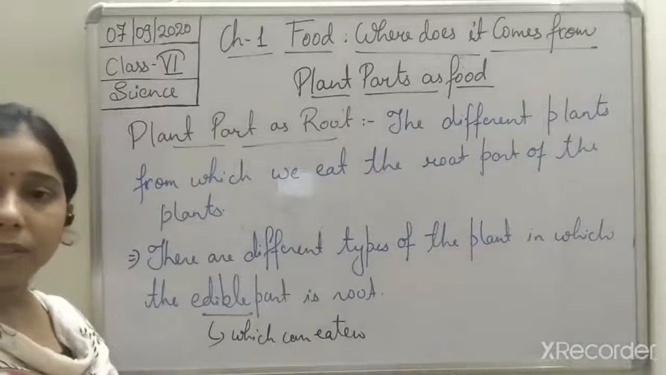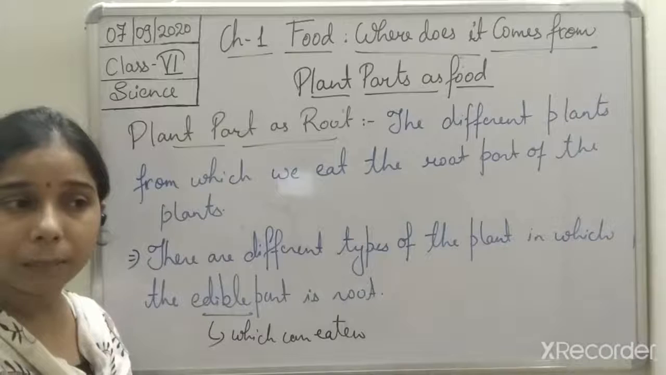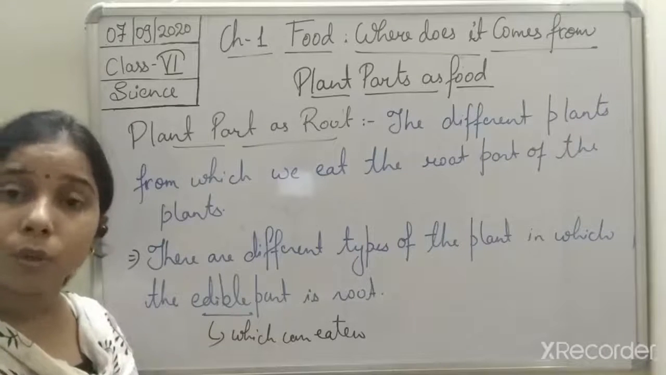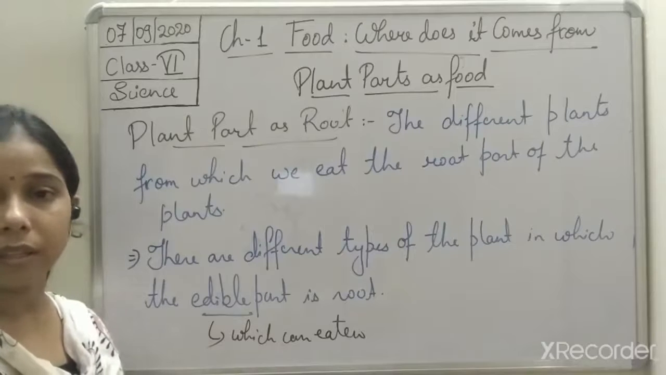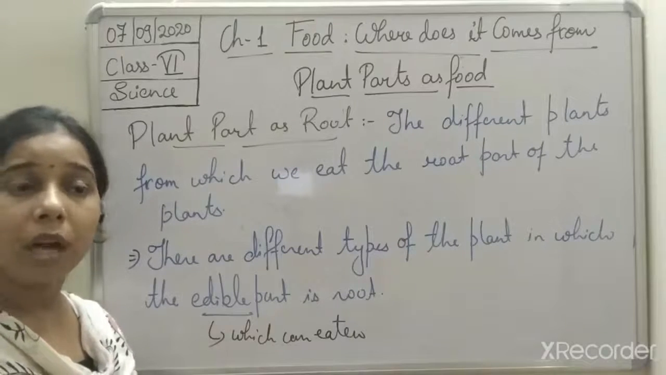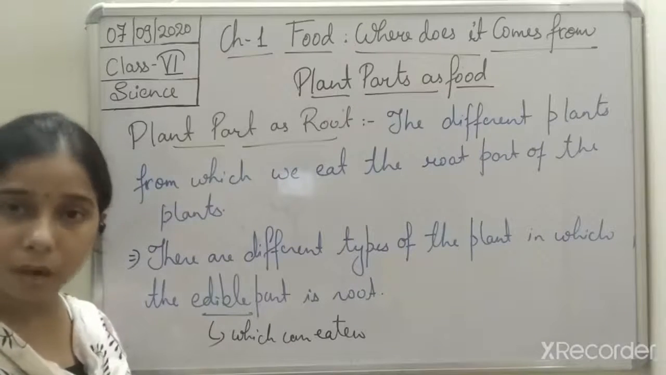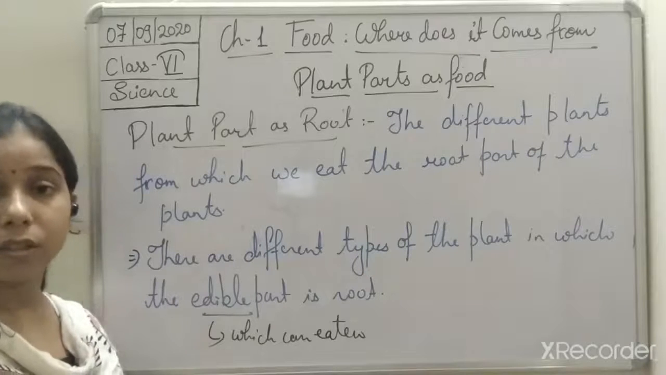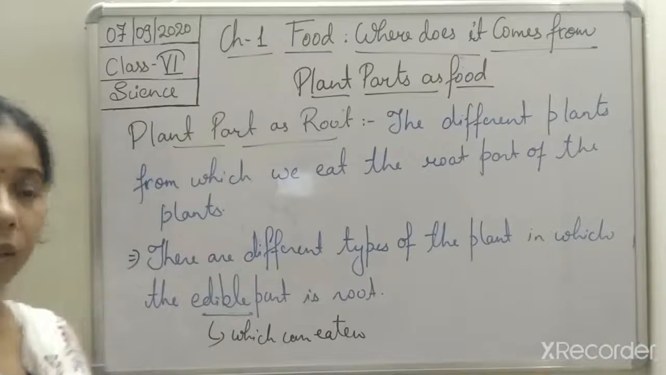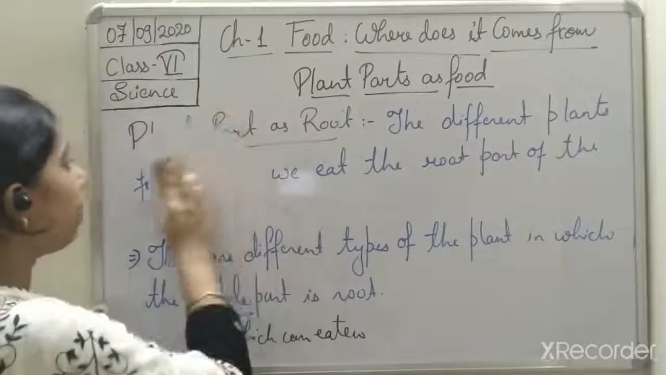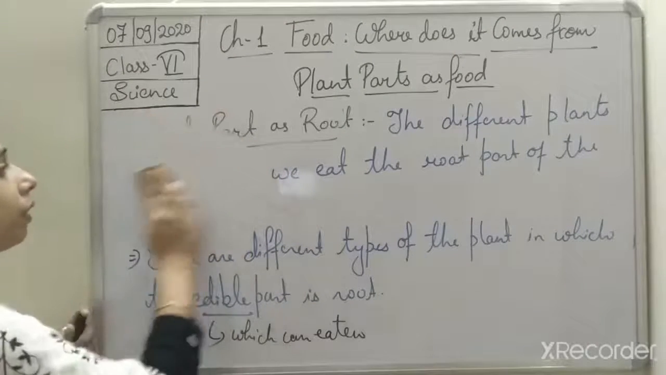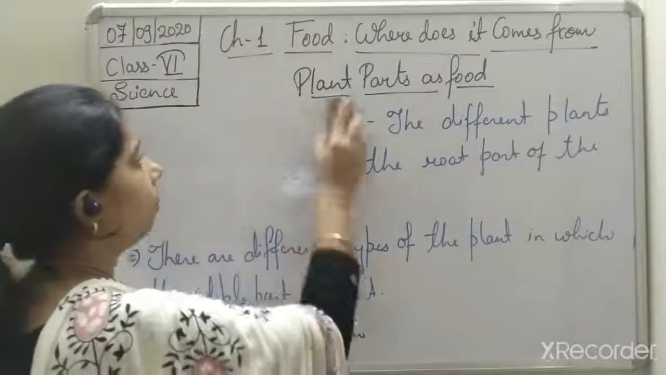So these are what? These are the roots of the plants. These are the plants in which we eat the root. Actually, we are consuming turnip and all, and we ourselves do not know which part of the plant it is. This is actually the root of the plant. So examples in which we are eating the root of the plant, or the root of the plant is edible, are